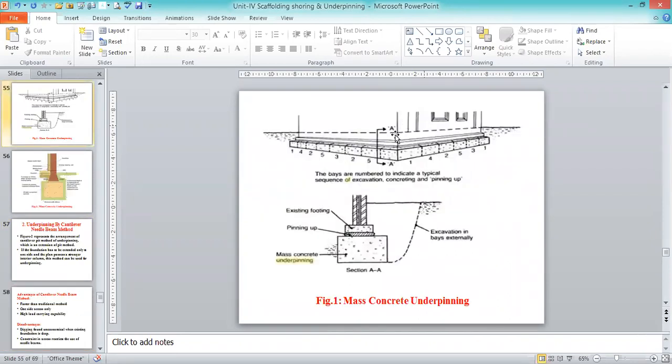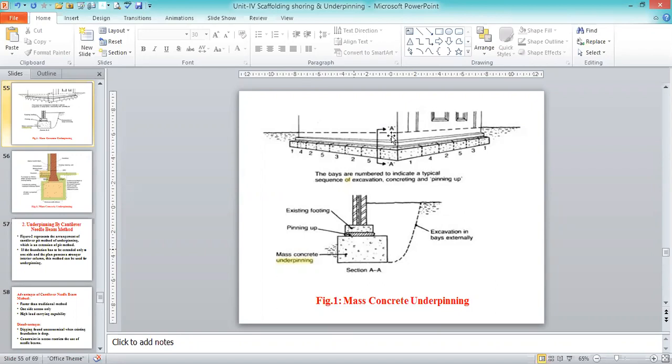This is the existing structure, and below that we can see 1, 3, 5, 2, 4, 1. These are what we name the pits, or the trenches, and one is in the length direction and one in the widthwise direction, because we are going forward alternately. You can see 1 and 1 will be there, the beginning and ending, then 2, 3, 4, 5. So 1, then we have to go for 3. Then here also we are going to provide in the lengthwise direction. That is the base or the trenches we are going to provide.